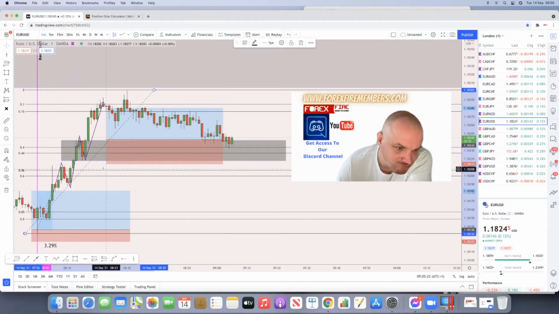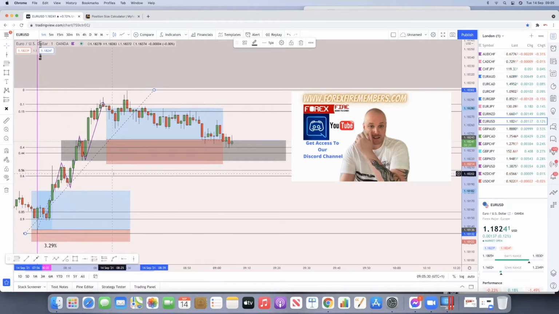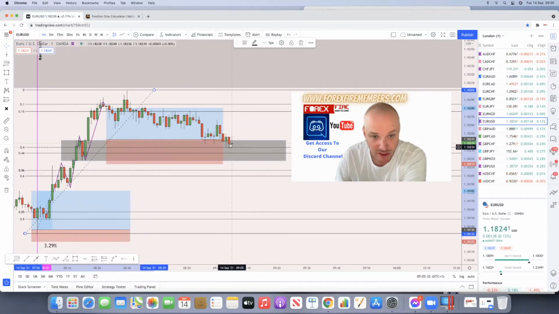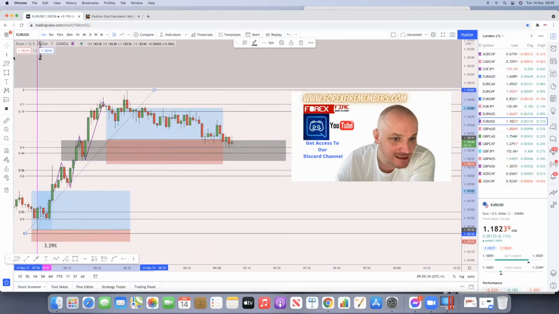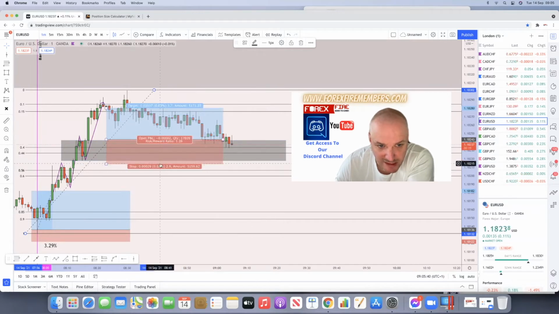A little bit concerned, because the fire block or the order block on here is more or less slap bang on the central fire zone. So we might get a push into this area for it to bounce off of this one, and this one might stop us out, but we'll see what happens. Hopefully this fire zone is going to hold, and then for us to go up into here.